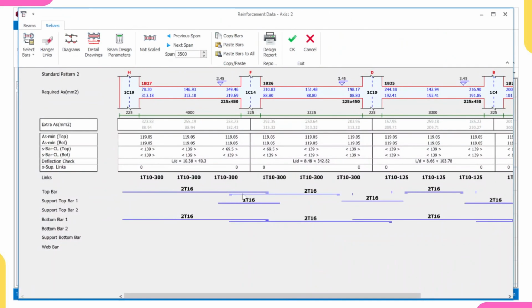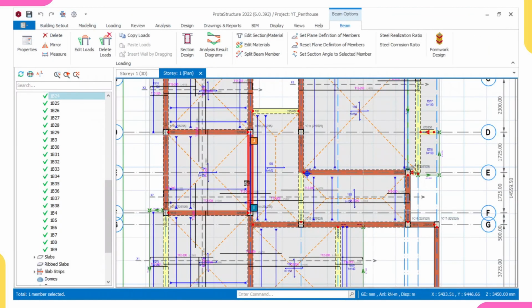So we have that everywhere is 2x16, 2x16. But here we're having 1T16 beneath it. So I want to show you the reason why I say you should be having 1T16 beneath it. Then I'll come over, click okay, and click on close. I want to look for this beam. So this beam is beam